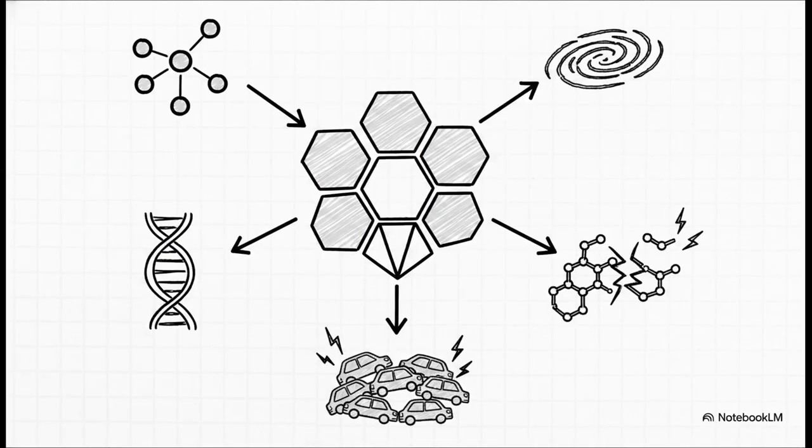What makes this framework so incredibly powerful is how it applies across basically every domain you can think of. Whether we're looking at the DNA in your cells, the neural networks inside an AI, or the literal traffic on your morning commute, the core rules of stability are exactly the same. Under this framework, a massive traffic jam and a fracturing piece of plastic are actually the same thing. They are both just systems that have fallen below their P-min threshold.